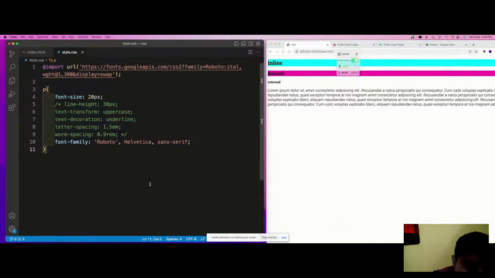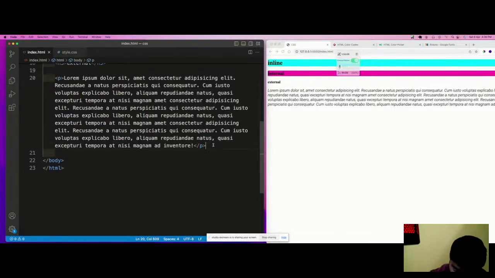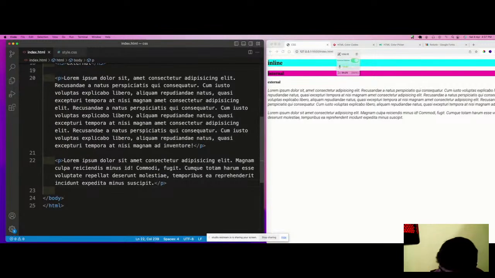Now after Google fonts, let us have the next thing here. Let us create another paragraph, with the content again lorem. Okay, so what is happening here?